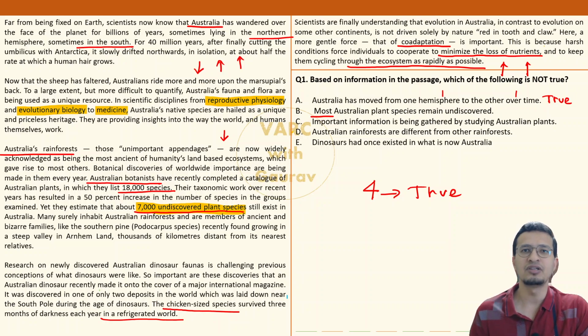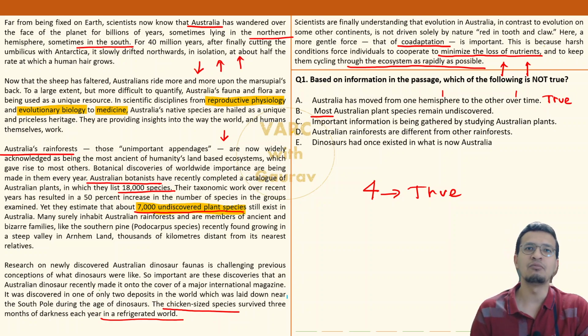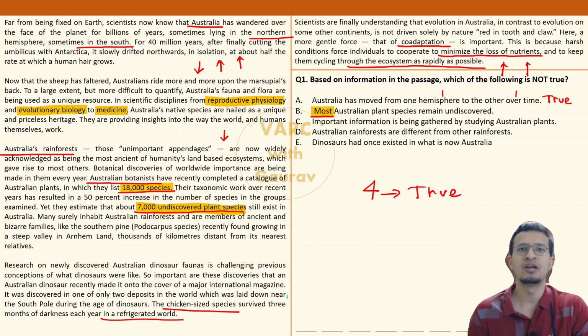Okay? So option B is saying that as many plant species as have been discovered today, still more number than that is pending to be discovered. That is, if 18,000 species are discovered till date, definitely more than 18,000 are still pending. If that were the case, only and only then we can go ahead and use words like most. But is that the case? No. We have been given that 18,000 have been discovered, 7,000 pending. Now I understand 7,000 is still a humongous number, but nowhere can you say that it is most.